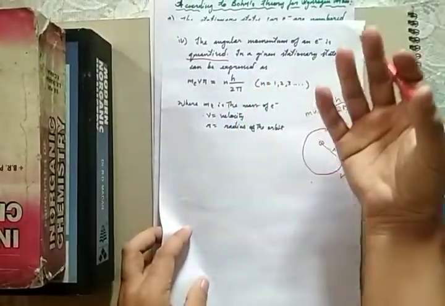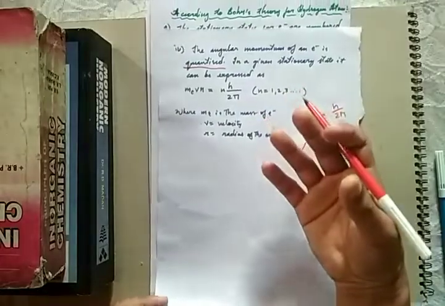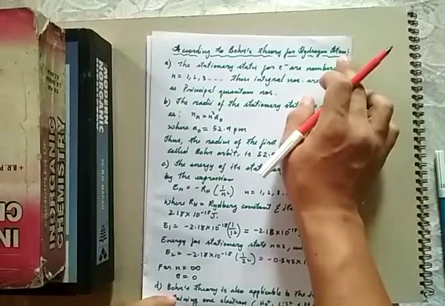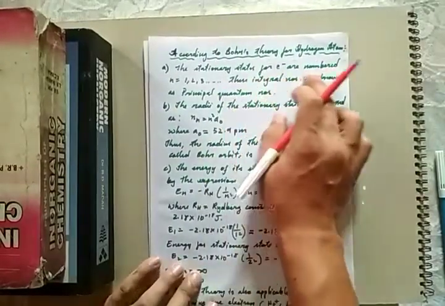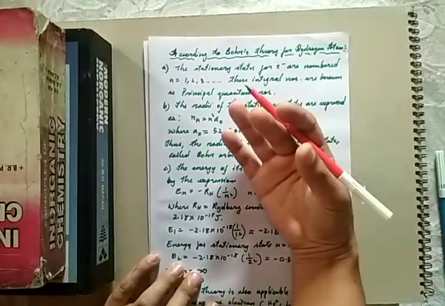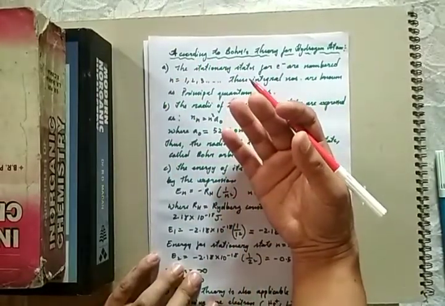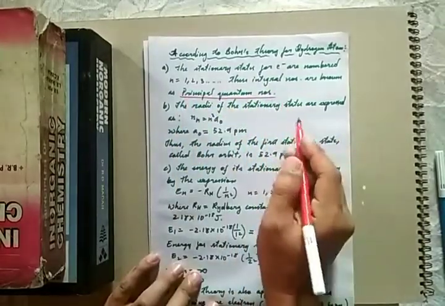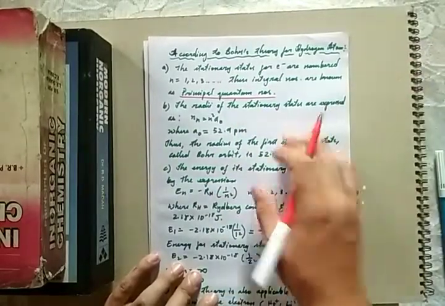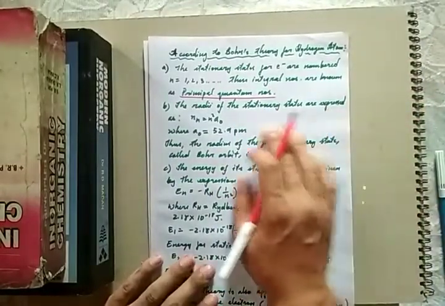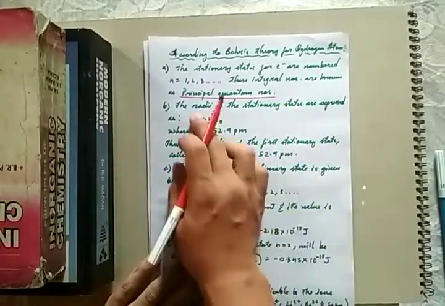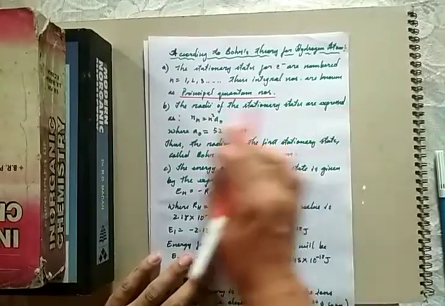So after this, some conclusions were drawn out. Those are according to Bohr's theory for the hydrogen atom. The stationary states for the electron are numbered n is equal to 1, 2, 3. So n represents the number of shells, and we call it the principal quantum number. The principal quantum number will come later also in our next videos. So these integral numbers are known as principal quantum numbers. The radii of the stationary states are expressed as,